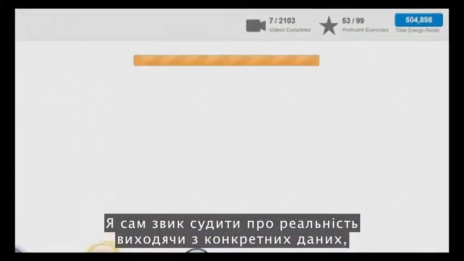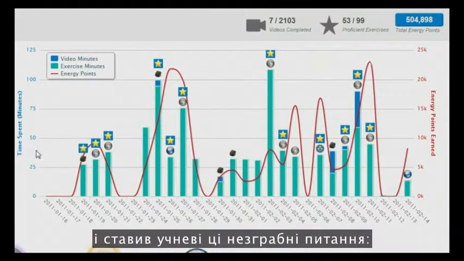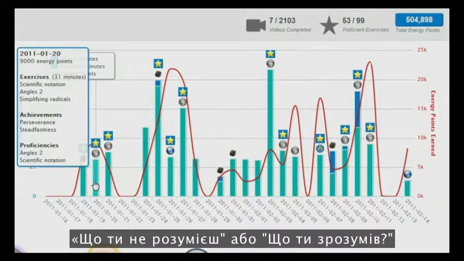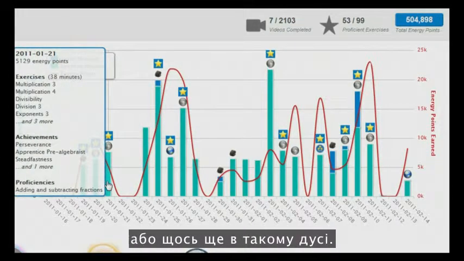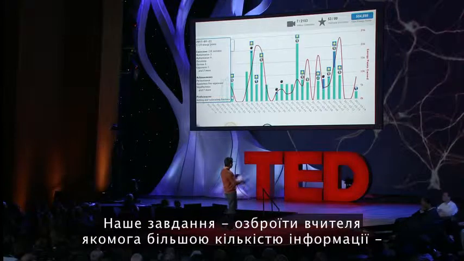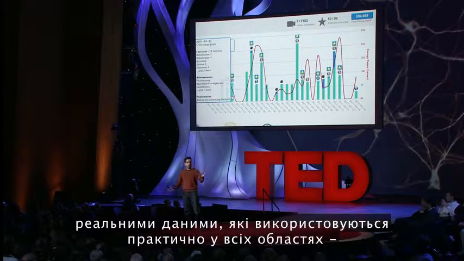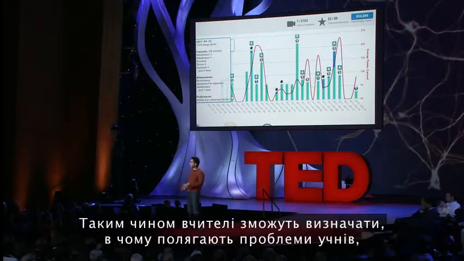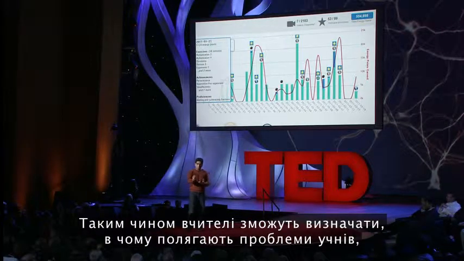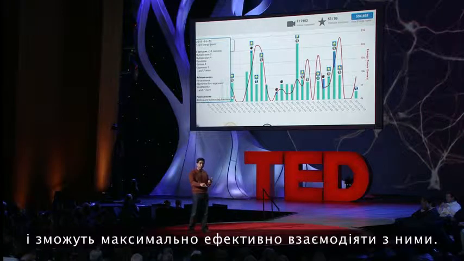Now, I kind of come from a very data-centric reality, so we don't want that teacher to even go and intervene and have to ask the kid awkward questions. Oh, what do you not understand, or what do you do understand, and all of the rest. So our paradigm is to really arm the teachers with as much data as possible, really data that in almost any other field is expected if you're in finance or marketing or manufacturing. And so the teachers can actually diagnose what's wrong with the students so that they can make their interaction as